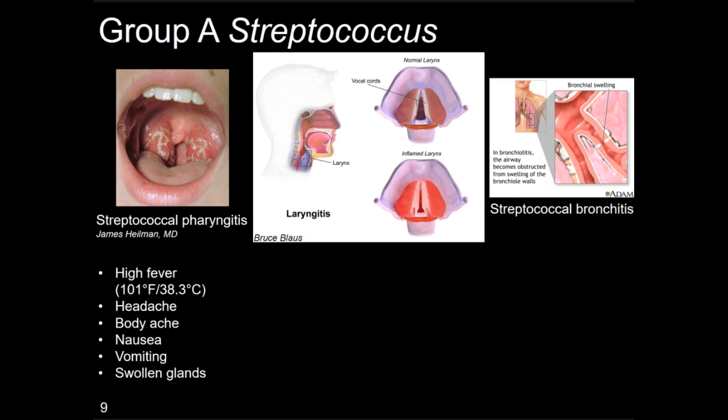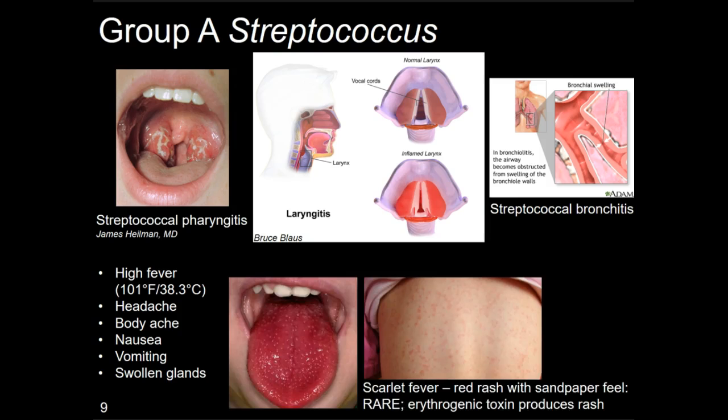Group A Streptococcus infections will typically be characterized by a high fever, 38.3 degrees Celsius or 101 degrees Fahrenheit, headache, body ache, nausea, vomiting, and swollen glands. Occasionally, the group A Streptococcus infections will be accompanied by what is called strawberry tongue. So here we can see a tongue that's very red and has white bumps on it and resembles a strawberry. In addition,